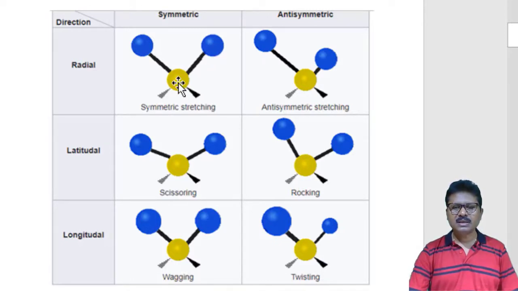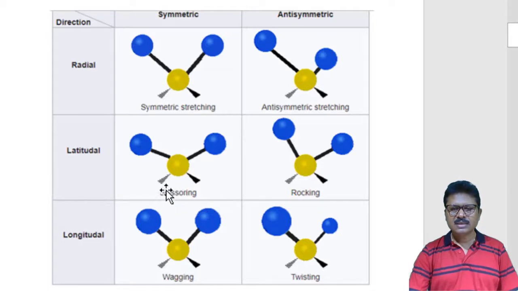Now in the case of symmetric stretching, say this is moving in this direction, meaning the distance between these two atoms will increase, at the same time these two atoms will increase, while this will come closer to this atom and at the same time this will come closer to this atom. This is normally called symmetric stretching. For the case of antisymmetric, from this figure the distance between these two is short while this is long. After that this will go far from this atom and this will come closer to this atom, so this is antisymmetric.